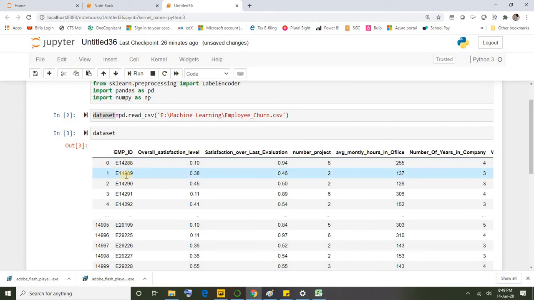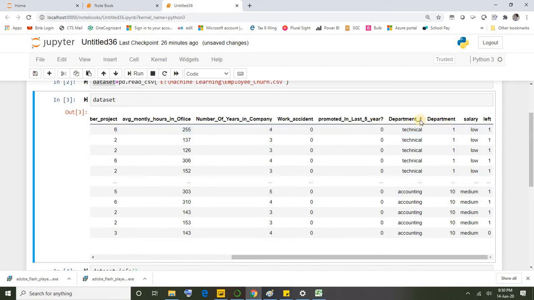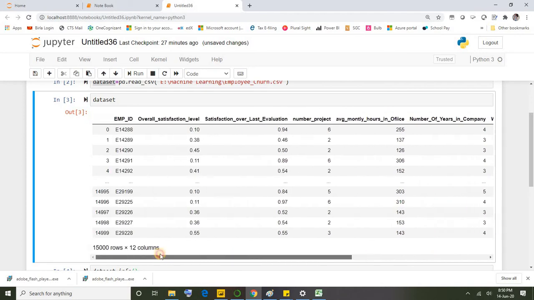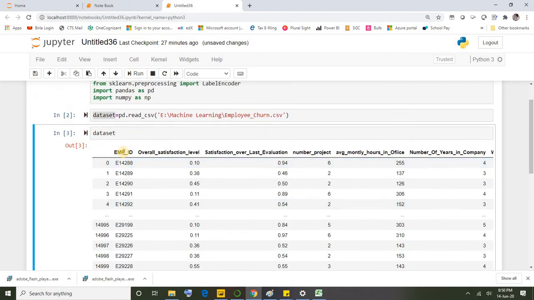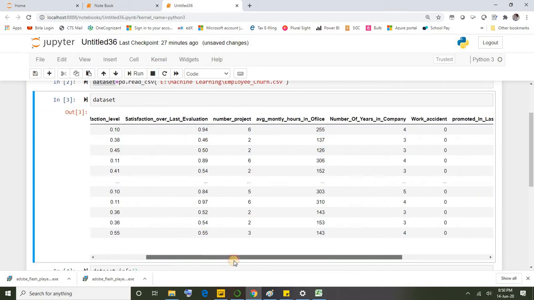And other things here, if you see this data set, there is employee ID here, and there is department, and also we have got department_1. So what I'm gonna do, I don't want to use department_1. I want to drop that, and also employee ID. Employee ID doesn't make sense to pass to a machine learning algorithm, right? In fact, if you pass this, it will disturb our prediction outcome. All right. So what I need to do, I need to drop these two columns.